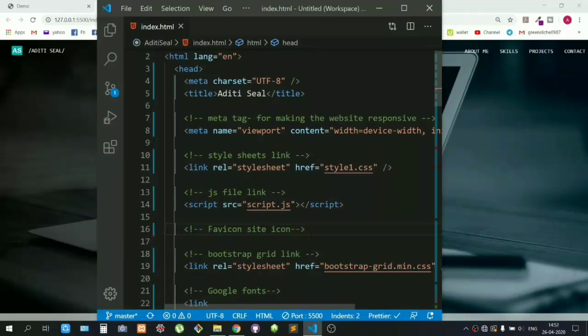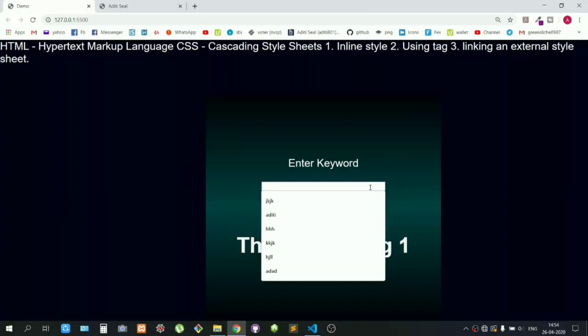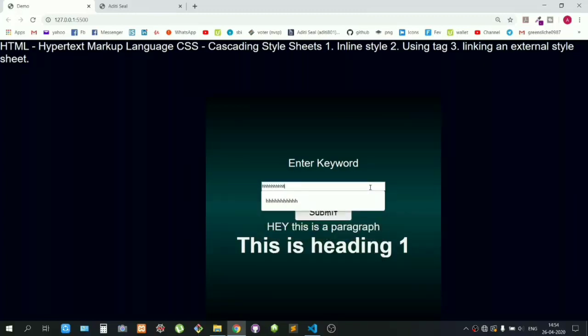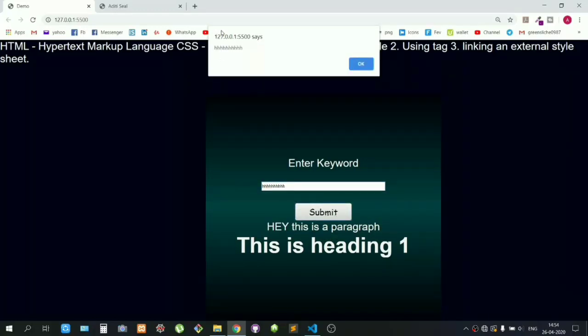What JavaScript does is it adds functionality to your website. You already saw an example of JavaScript at the start of the video. I'll show it to you again. In this web page, you see what message I write over here. Suppose anything, HH, and when I click submit, you see this dialog box pops up. This is done with JavaScript. Here it gave a functionality to this submit button, with the help of which this pop-up box is showing. Understood?